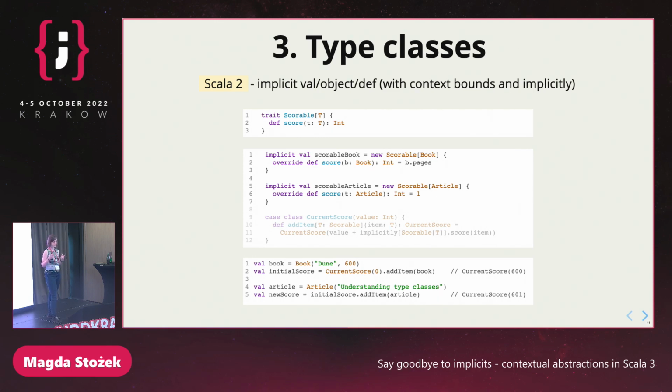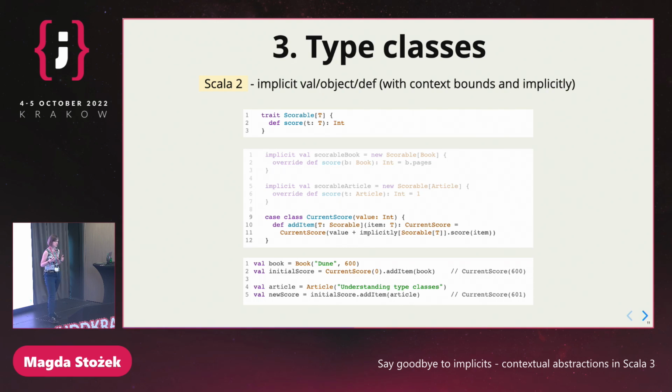And the way you use such a type class. For example, here you have the current score case class, which takes the current value of your score, and the add item method is defined on the T type. And what you see here, this T colon scorable, it's called a context bound, and it means that it operates on a type which has this scorable behavior, any type which is scorable. So it takes the item and it takes the current score, and this implicitly of scorable, what it says